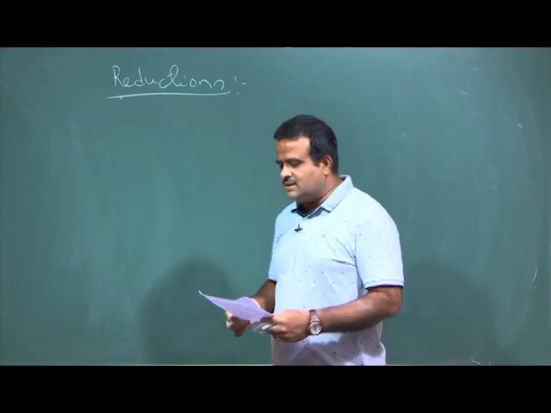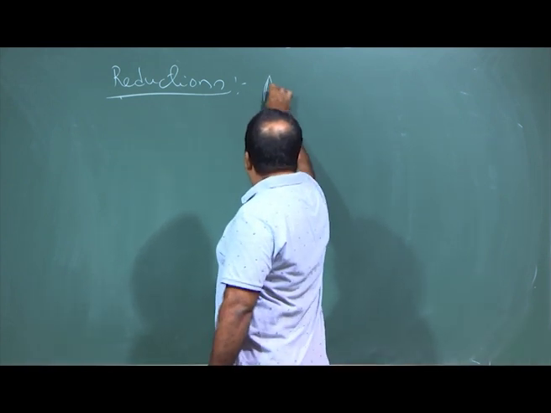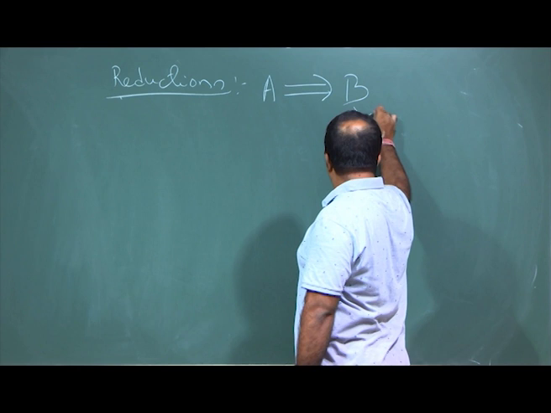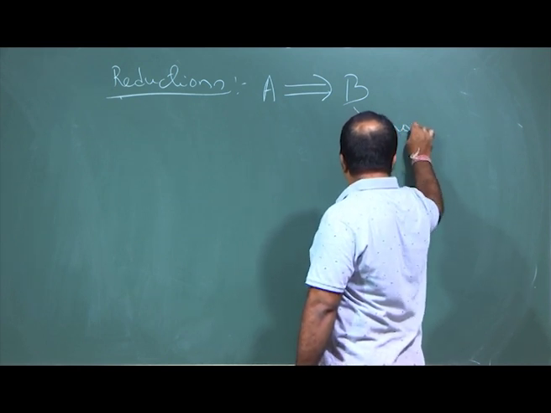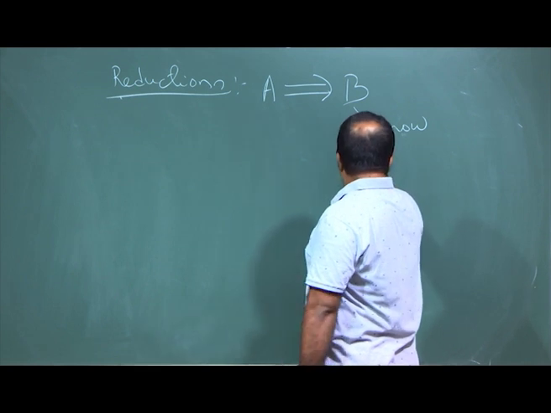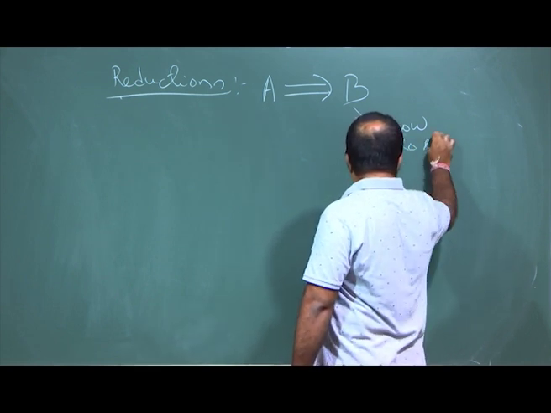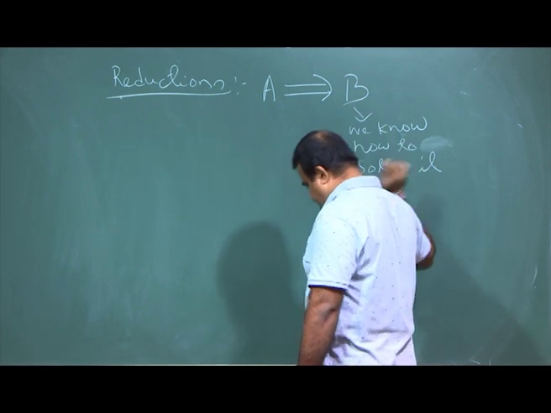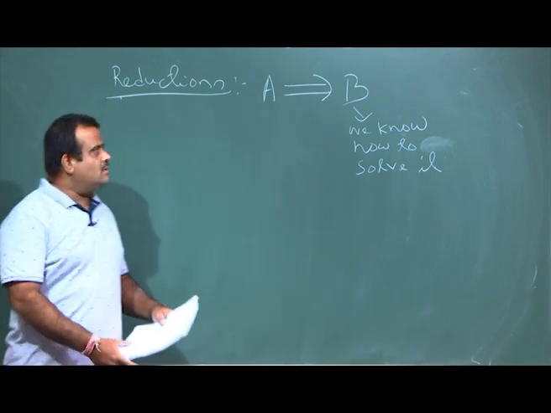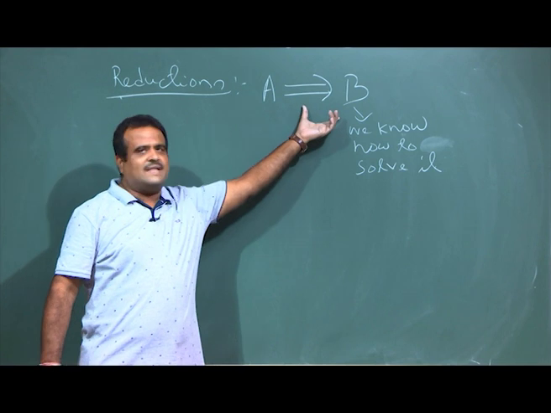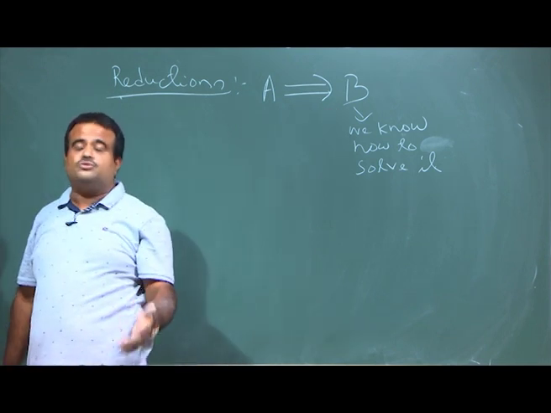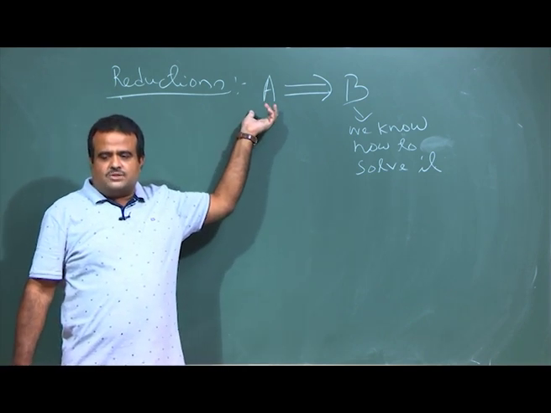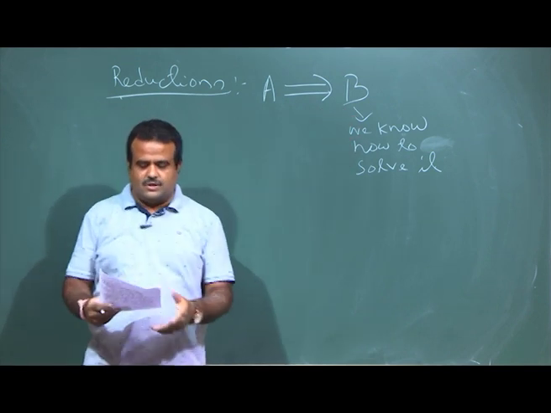So, basically we have a problem A, and we are reducing this problem to another problem B, for which we know how to solve it. Then in order to solve A, if we can reduce A to another problem B, for which we know the program to solve it, then we know the solution of A, because we have the solution of B. For example,